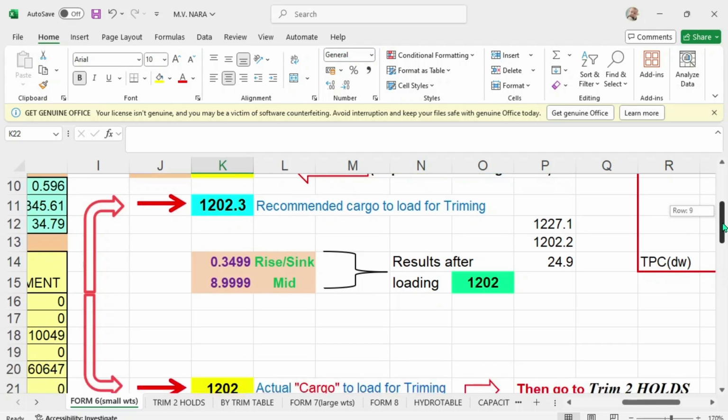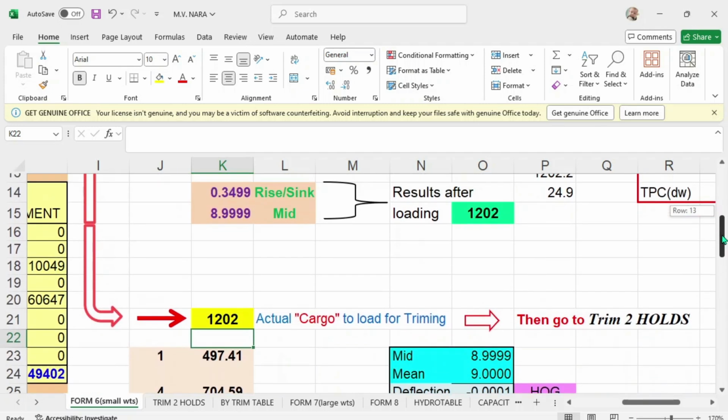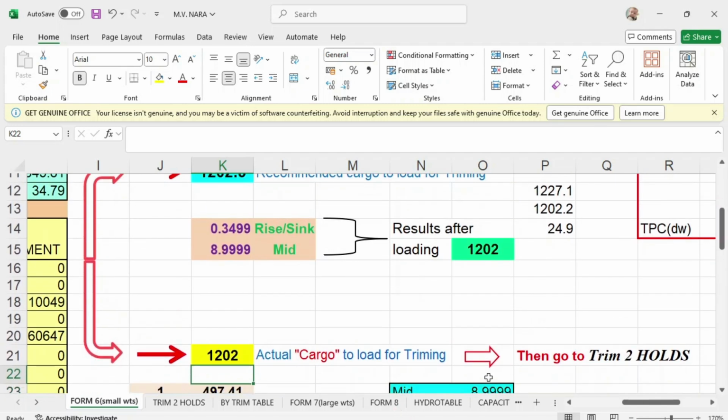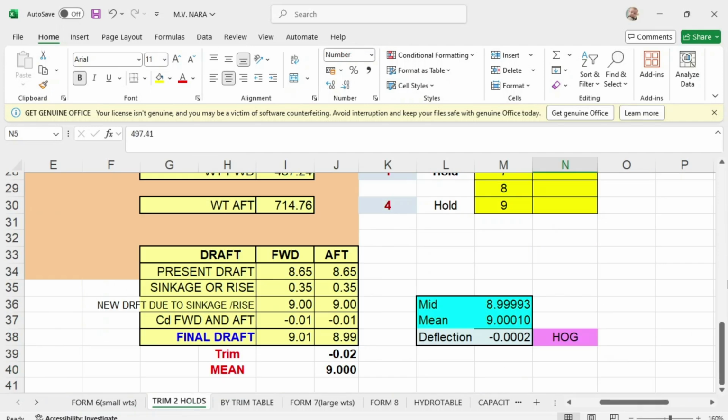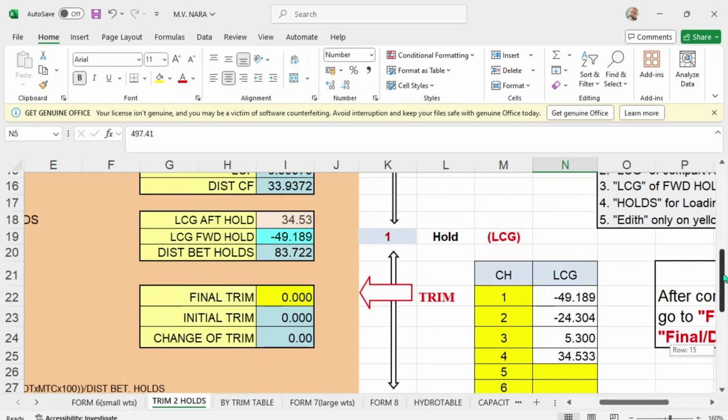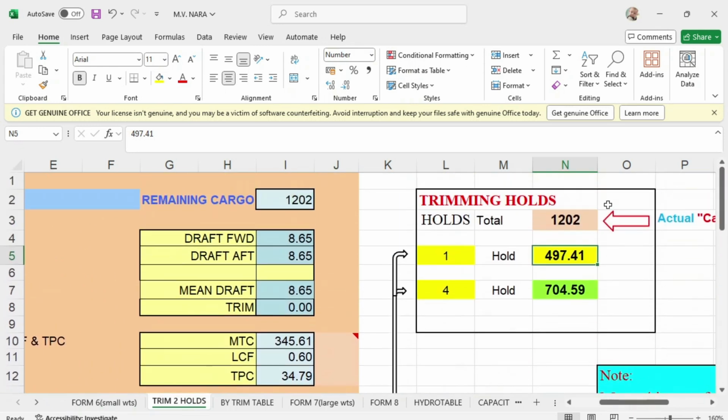Then let's say you're going to load another vessel, and it says here go to trim 2 holds, and you will see here the exact value of the remaining cargo to load is 1202, and here you also have this remaining cargo 1202. This is the initial draft, this is the mean draft, and this is MTC, LCF, and TPC.